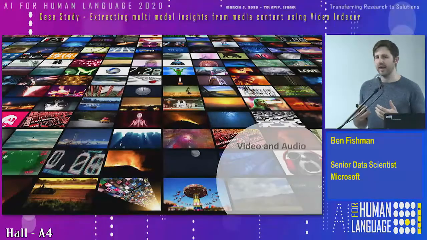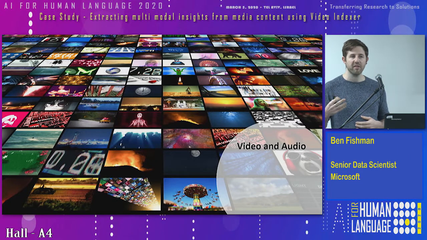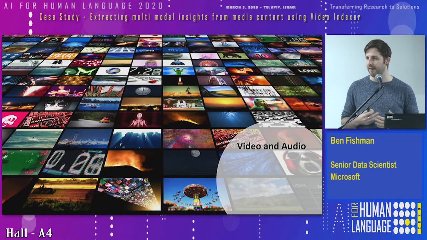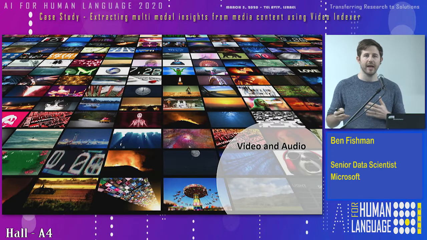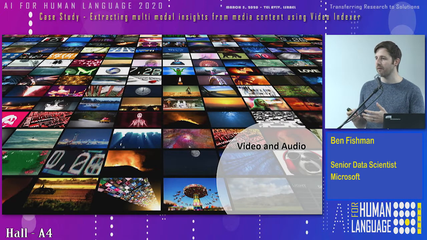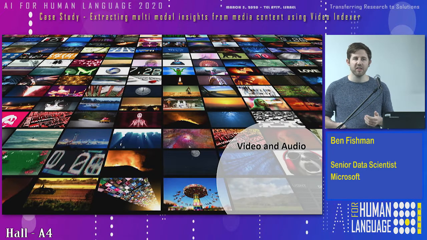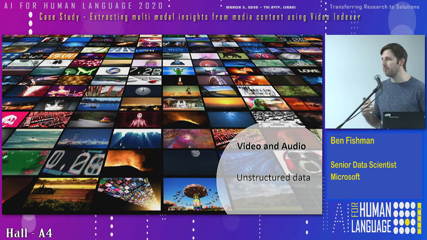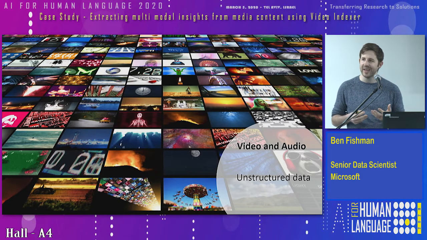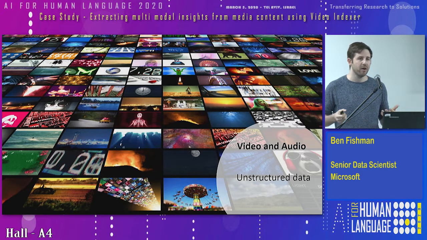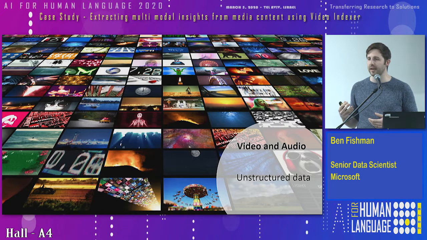Before I begin, let's take a few steps back and try to understand what is the problem we are facing. So we have two types of issue. One is the type of the data, and the other one is the amount of data. The type of data is our videos and video and audio files that are unstructured data. That means that there are a sequence of numbers and bytes. They're not well organized and they don't have an internal structure. And because of it, it's really hard to understand for the computer.